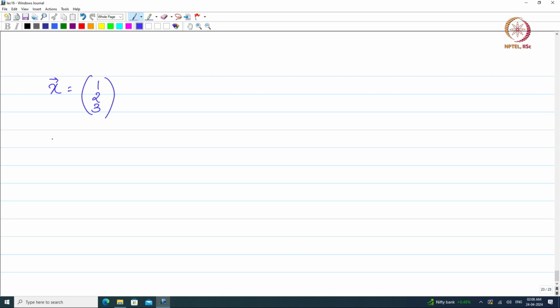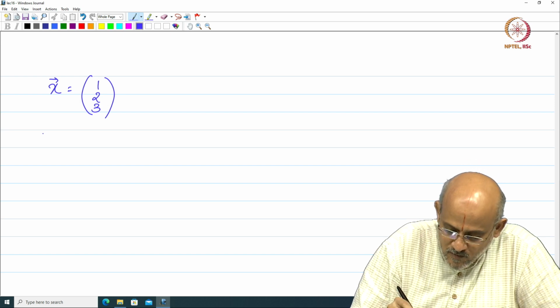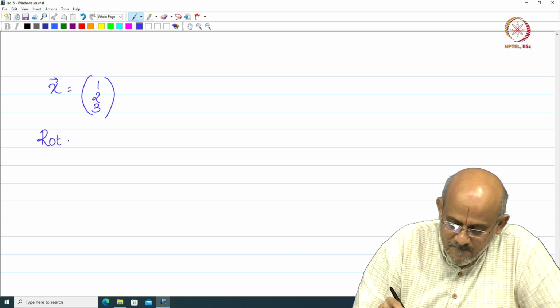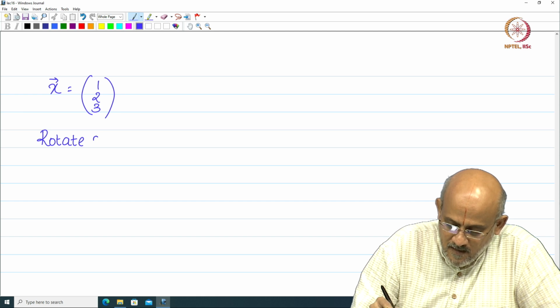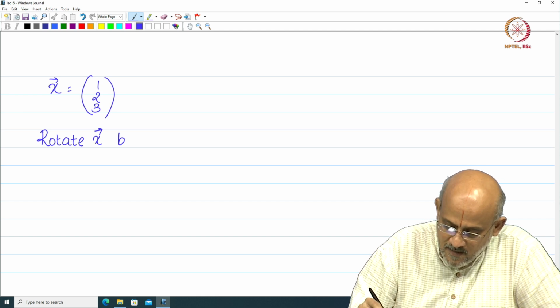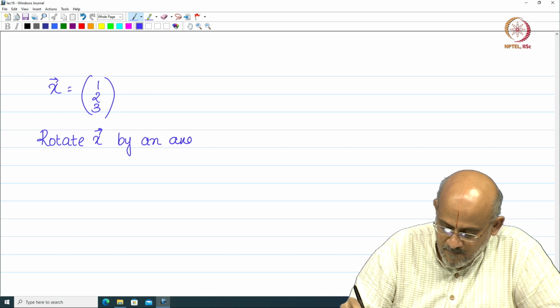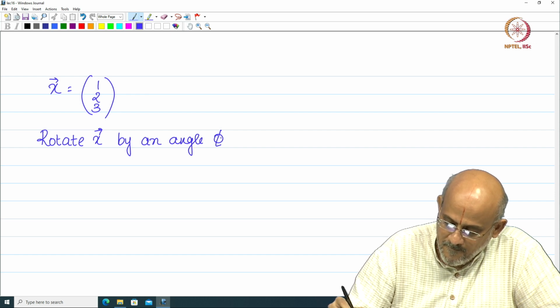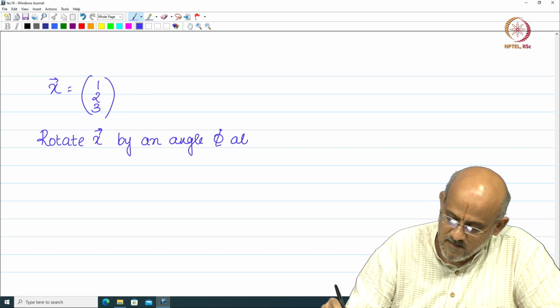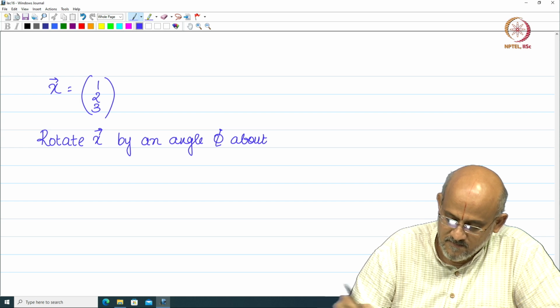Now, what I am going to do is, instead of rotating it by an angle theta in the x2 x3 plane, I will first rotate this by an angle phi in the x1 x2 plane, because that is what we had. So, I am going to rotate x by an angle phi about x3 axis